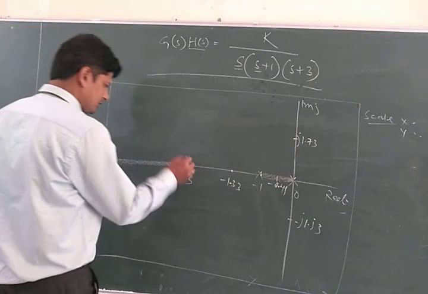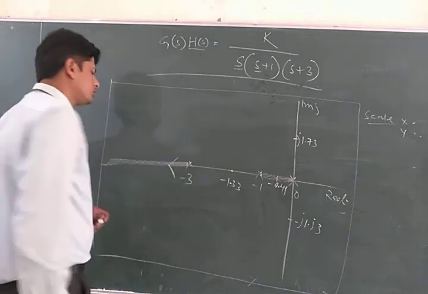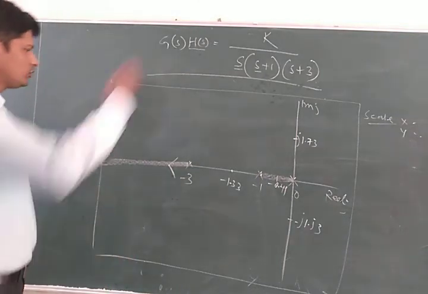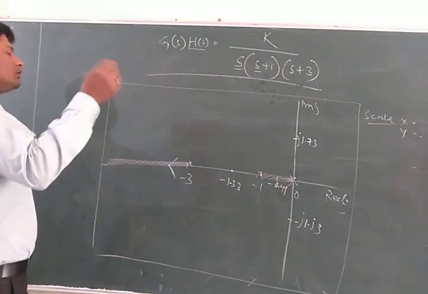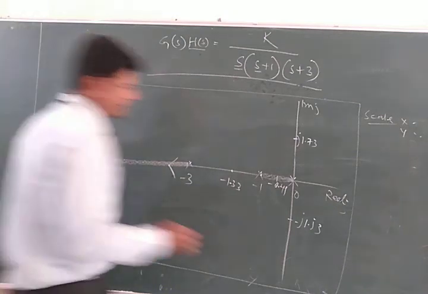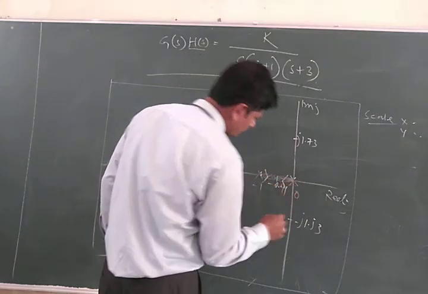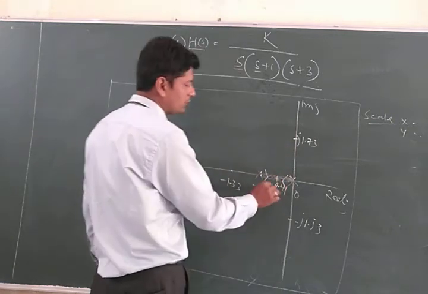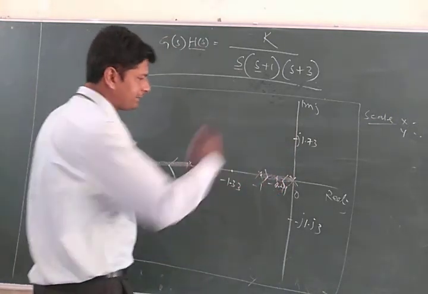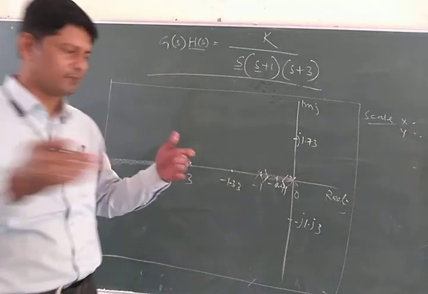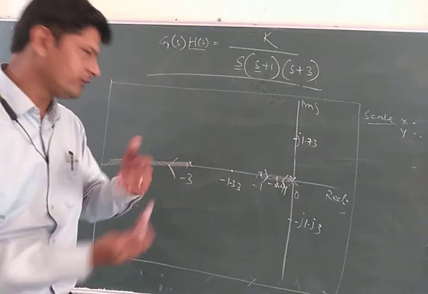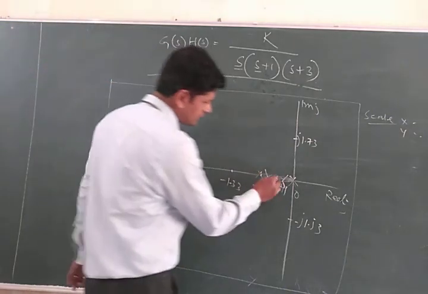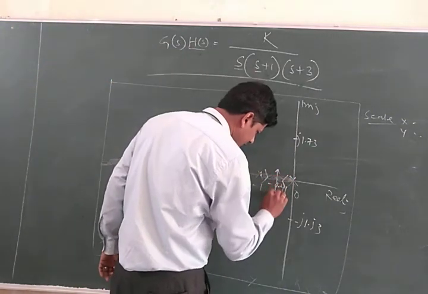The root locus always starts from open loop poles and terminates at open loop zeros. And where there are no open loop zeros, it will terminate at infinity. So the starting points are always open loop poles. It will come from this side and meet at minus 0.49. This is the breakaway point. Since two root locus branches are meeting at this point, the breakaway angle is 90 degrees, and they depart at 90 degrees.